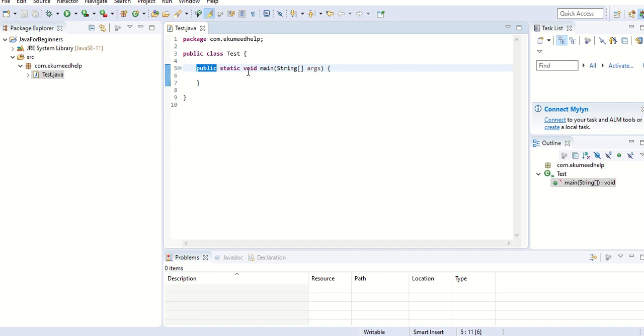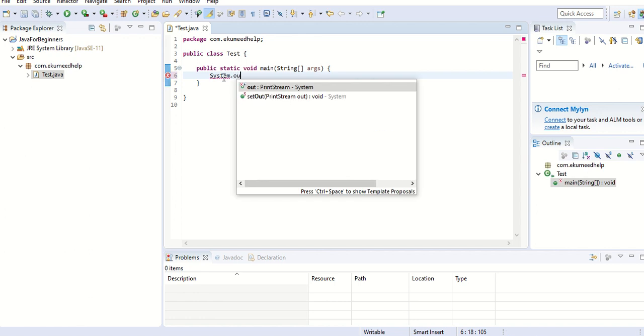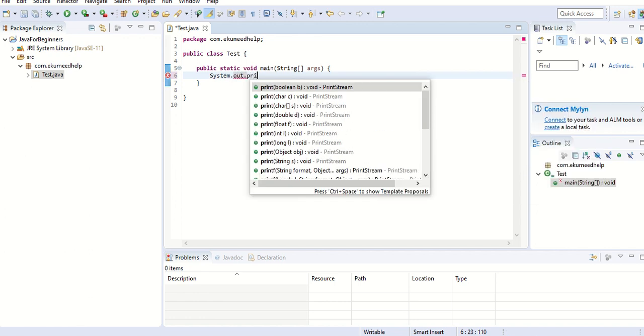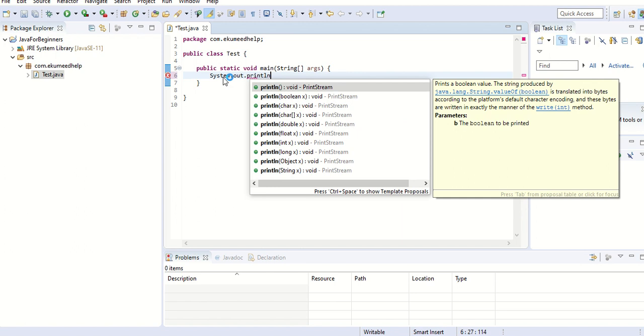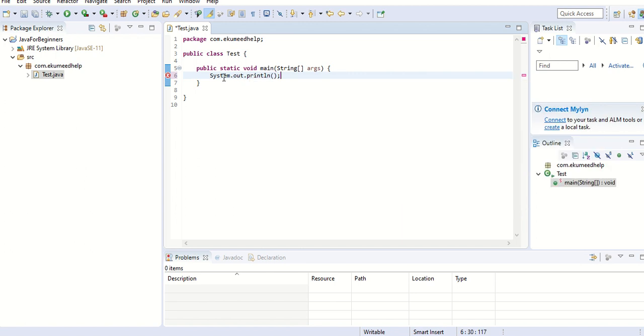Once you have this in place, just write System.out.println, and in this println write a message, Hello Java.